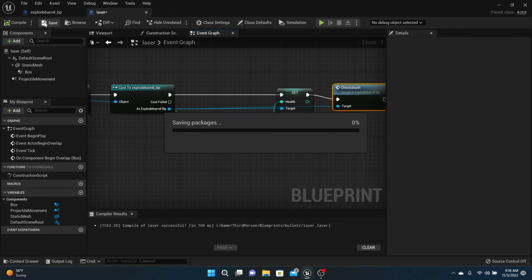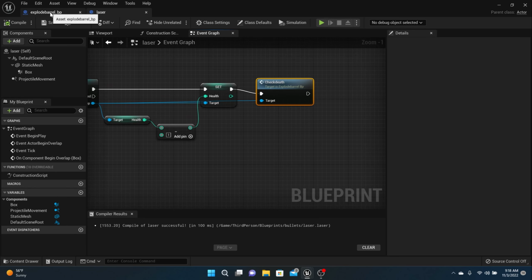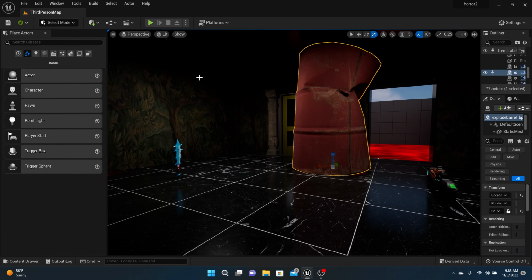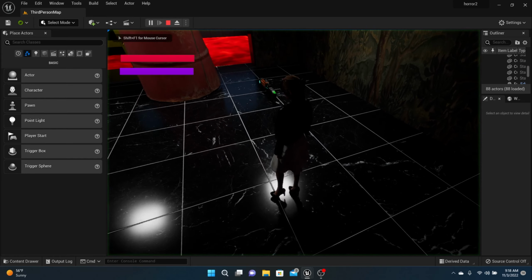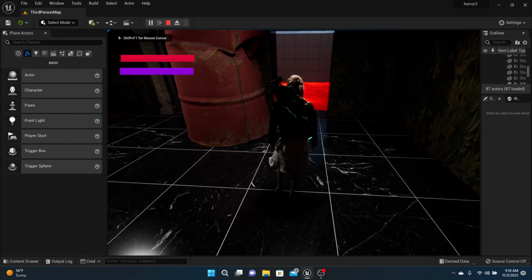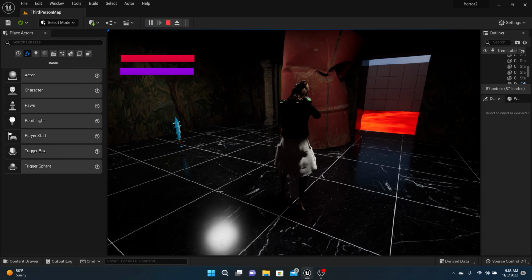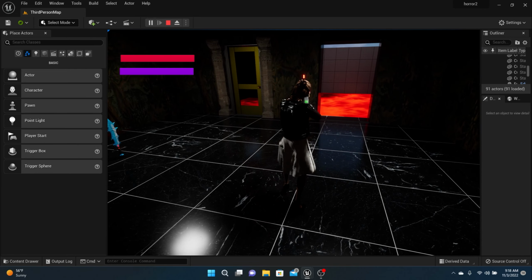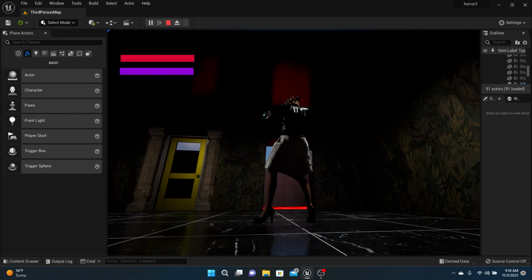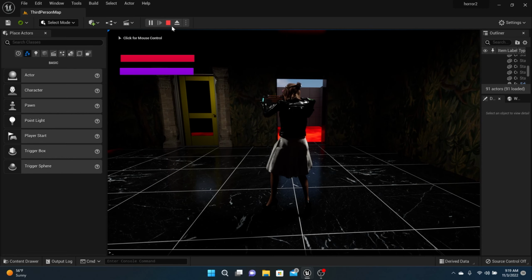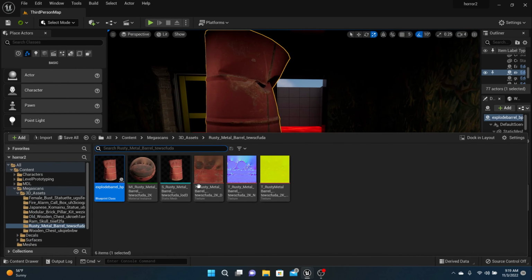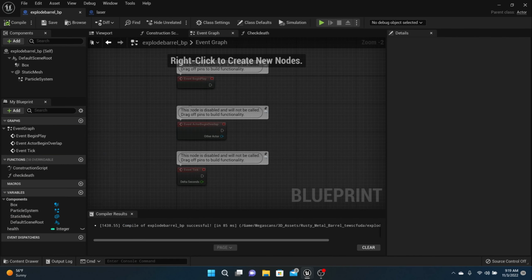Alright, so we have to call that function that we made. Let's try it out one more time now, because that might have been my error. Okay, press Q. Yep, there we go. Only thing is it did not explode. So, and I know why it didn't explode. It didn't explode because we have the function running, and